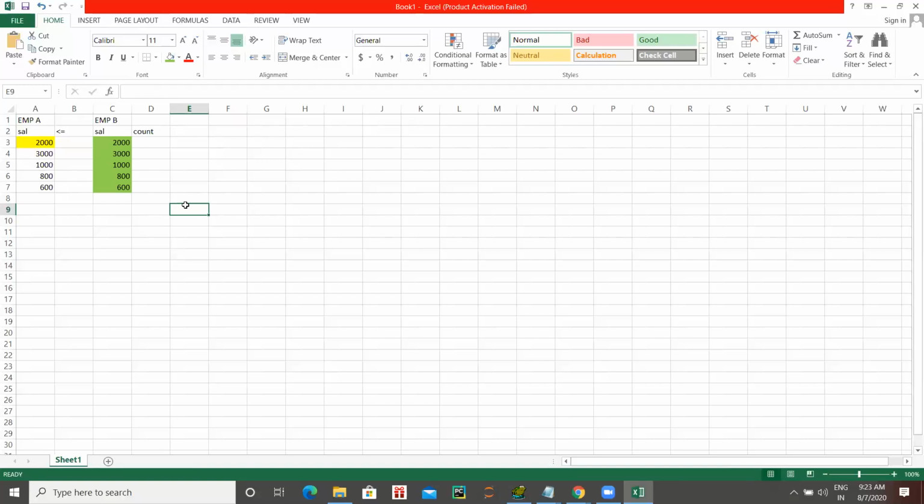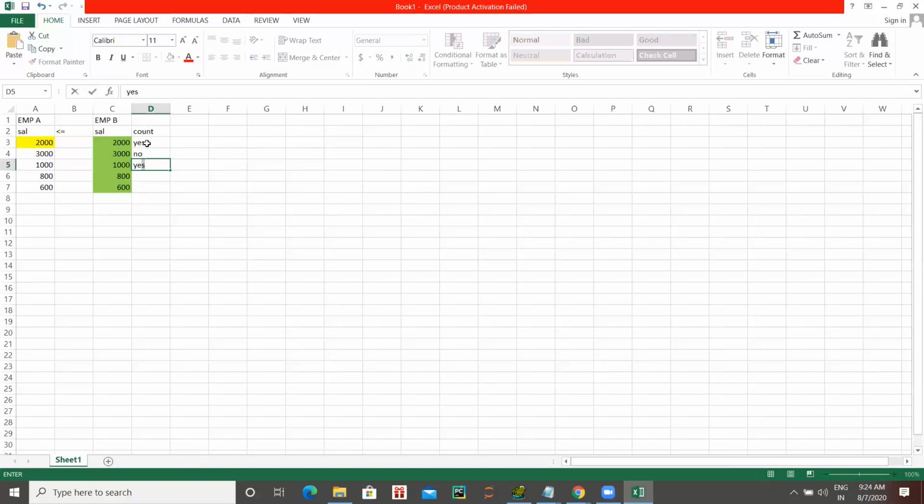Okay. Now 2000 will compare with 2000. 2000 is smaller than equal to 2000. Yes. So count will be 1. Write 1. Just write yes. Now again, 2000 is smaller than equal to 3000. No, right? 2000 is smaller than equal to 1000.